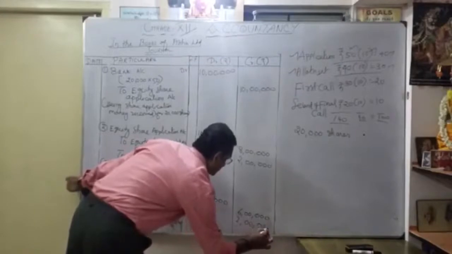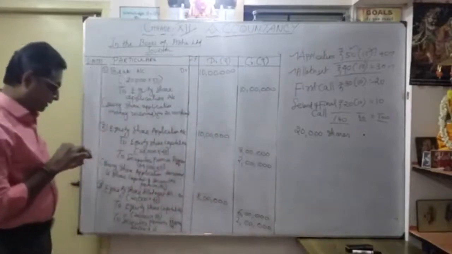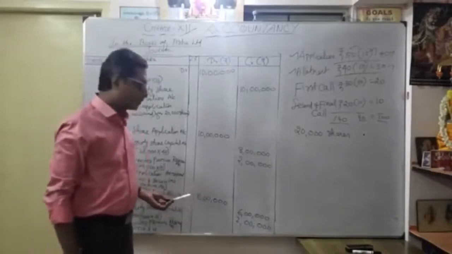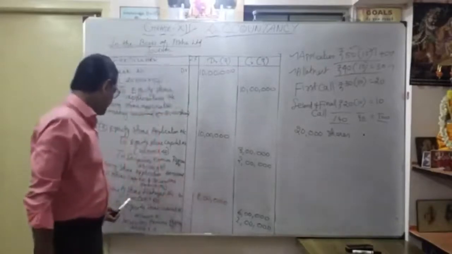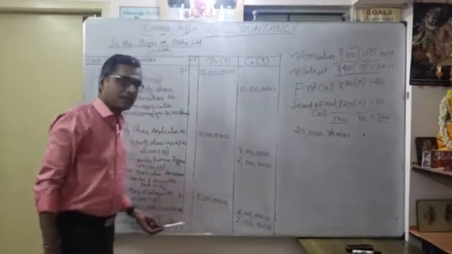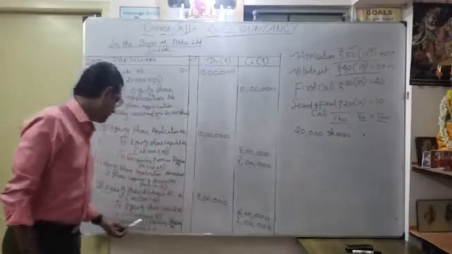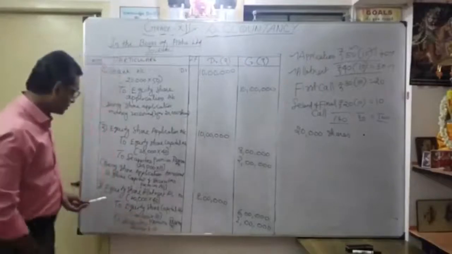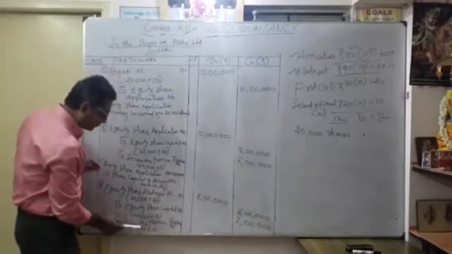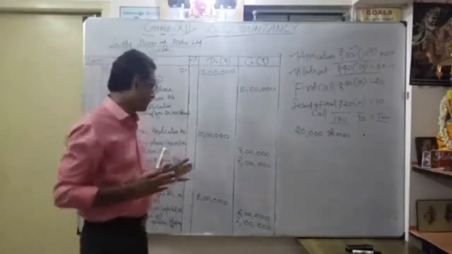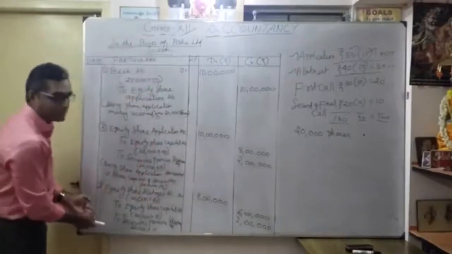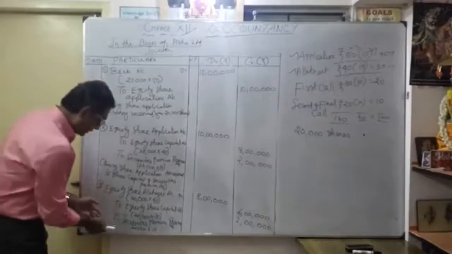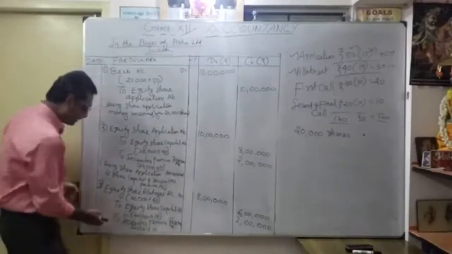Have you understood the breakup? Here again 6 lakhs as 8 lakhs. Even though it is a share allotment, only 6 lakhs I am going to transfer to equity share capital account. Thereafter, remaining 2 lakhs I want to show as a securities premium reserve account. You understood? You should be very careful like this, right? Never become confused. That's what our third entry. So what is the narration? Being the equity share allotment due. So here there is no space. So what is the narration here?